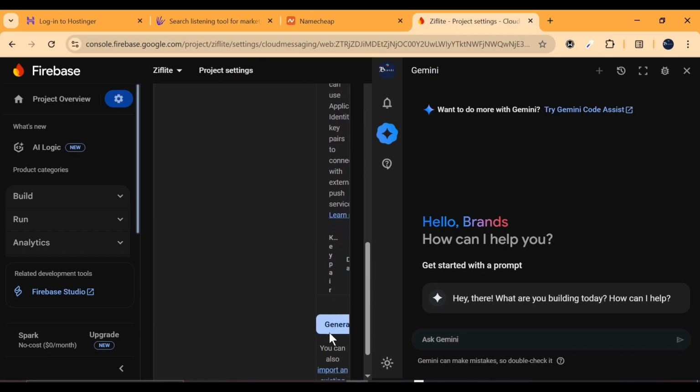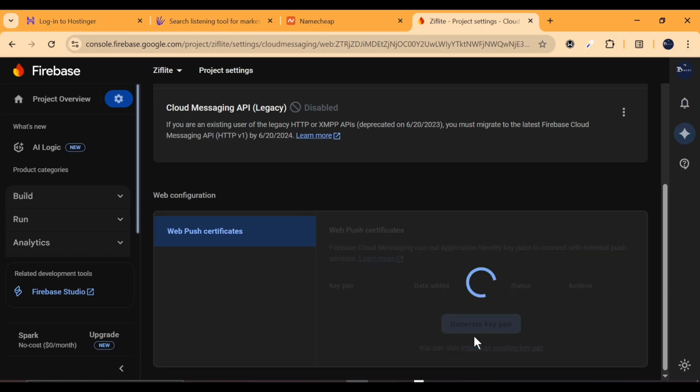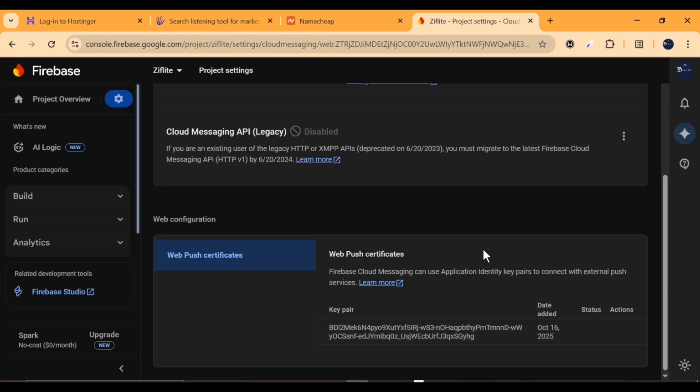So one of the things is, let's just close this up so I get the full space here. Now you're going to click on generate per key here. Now this key is very important. So I want you to just copy this web push notification certificate, and